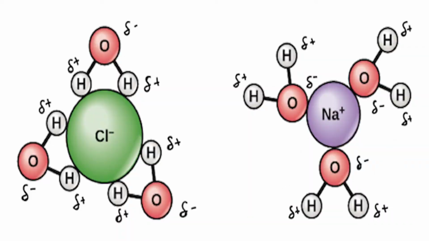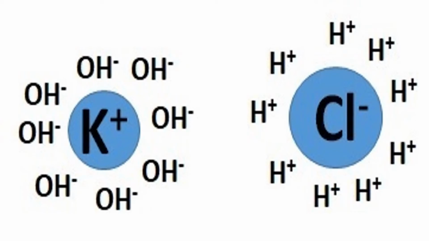So they are surrounded by their respective ion. For example, sodium and chloride: chloride is the negative charge and it is surrounded by the positive hydrogen, and sodium is the positive charge, and it is surrounded by the negative charge. Same with potassium chloride. Water is associated: the negative charge of the hydroxyl group is attracted towards the positive ion, and the positive hydrogen is attracted towards the negative.